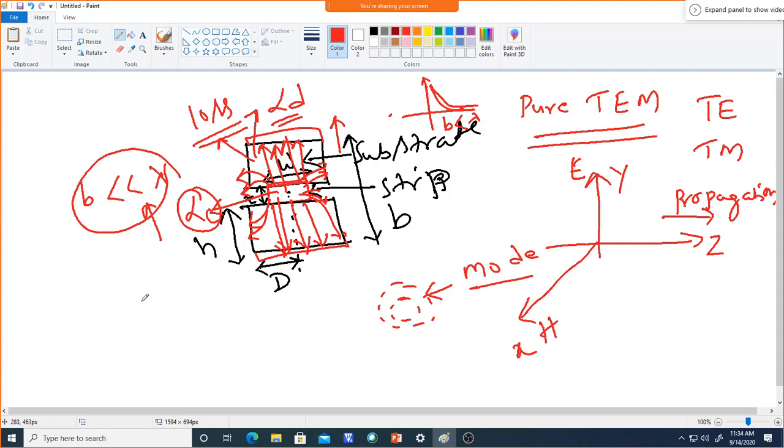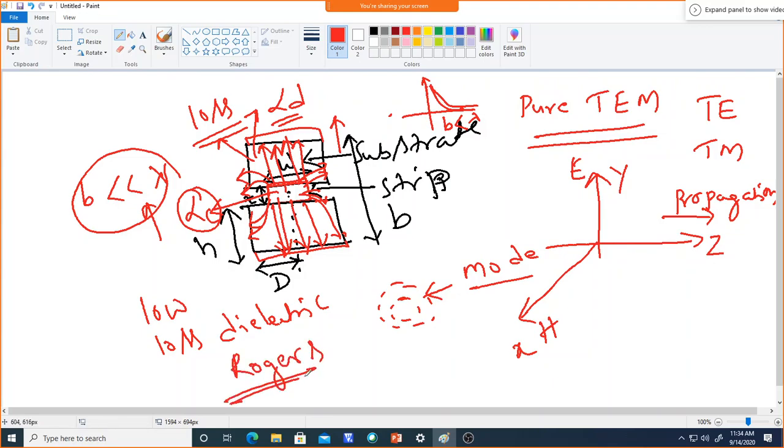So that's why generally the substrate will always be preferred as a low loss dielectric. If you take a low loss dielectric example, it will be a Rogers, something like 5880, which has an epsilon value of 2.2 and a delta, which is the loss, whatever we call that alpha d, equal to generally 0.002. So this type of substrate is very much preferable in order to reduce the loss.